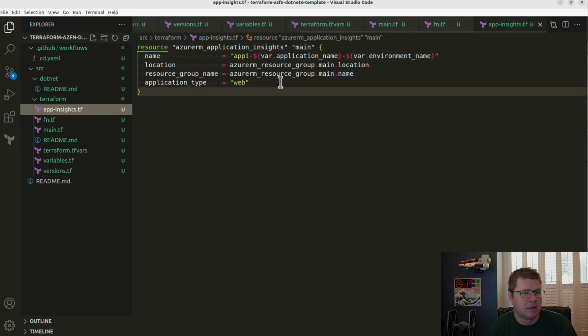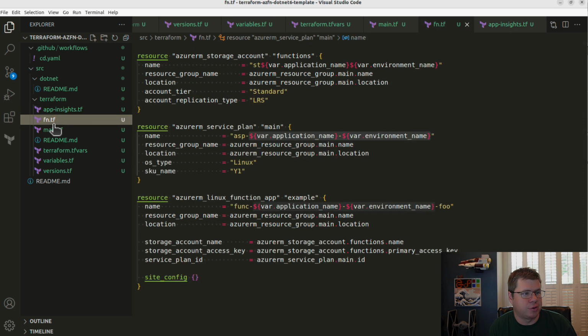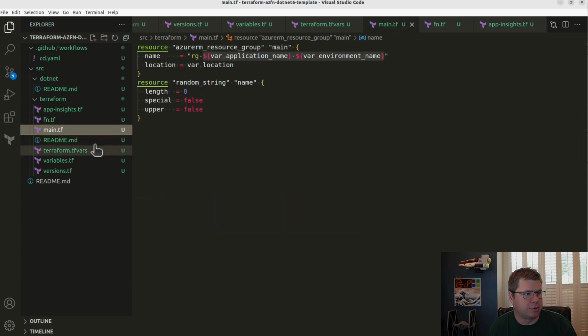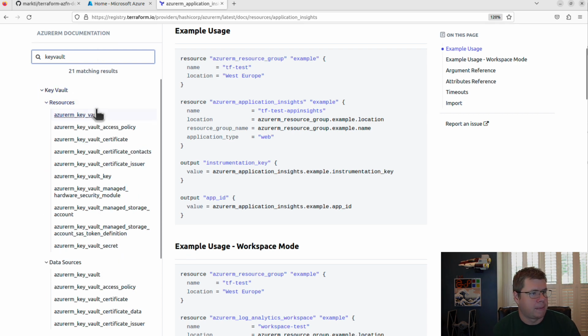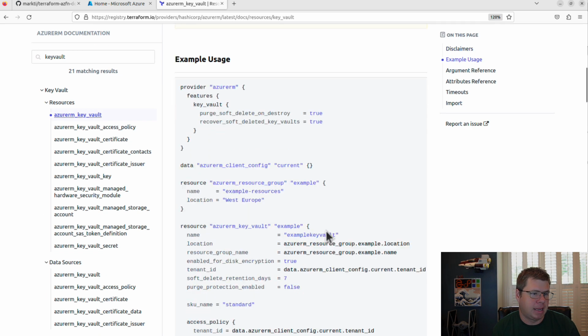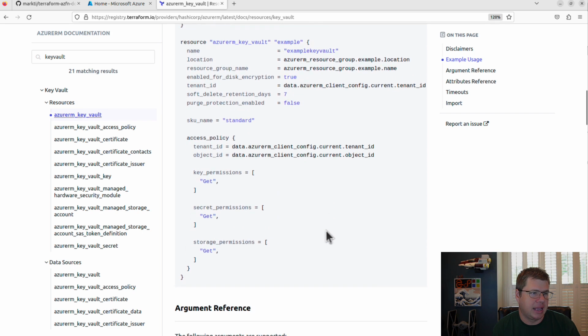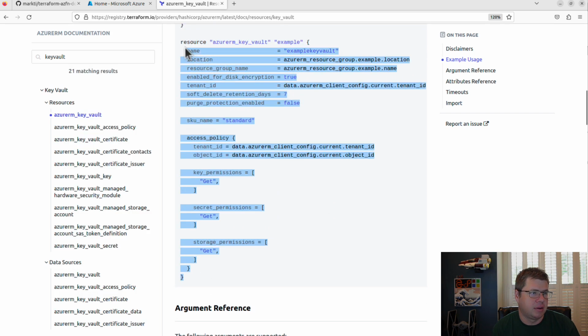Did this not get saved? Okay. So I've got my App Insights. I got my Azure Function. I have my resource group. I probably should add a key vault. So let's go look at my key vault. And I'm gonna dump the nested thing there,